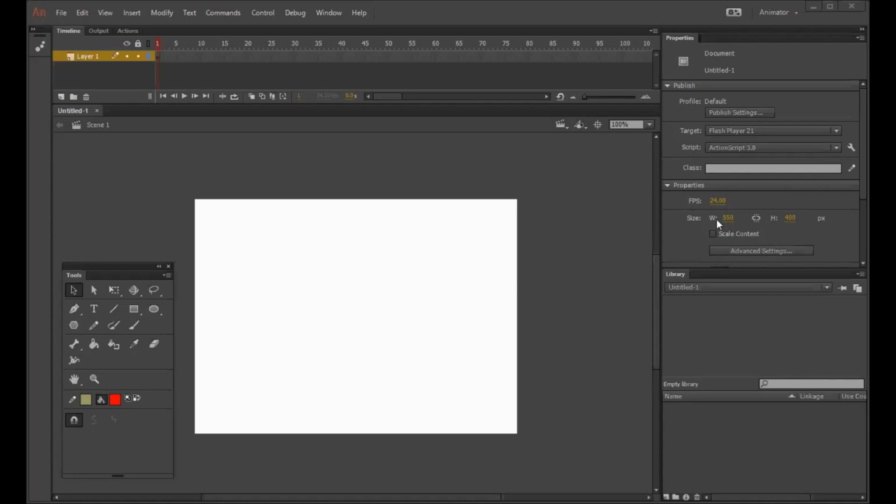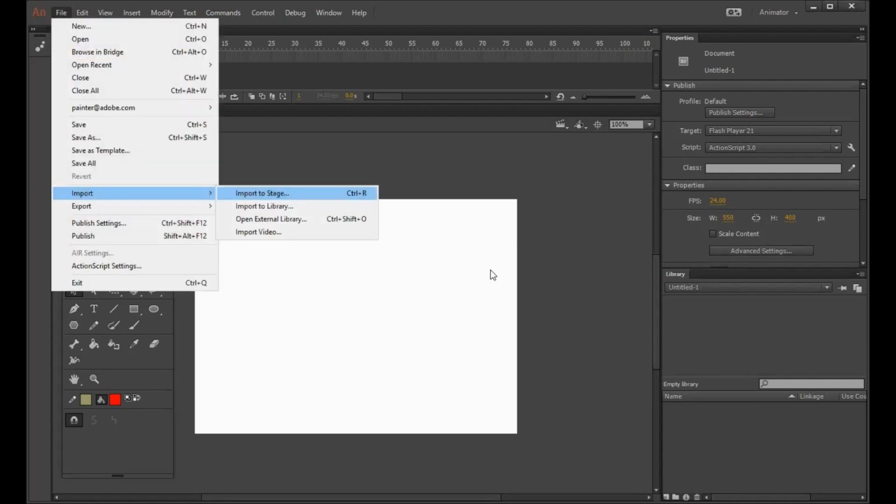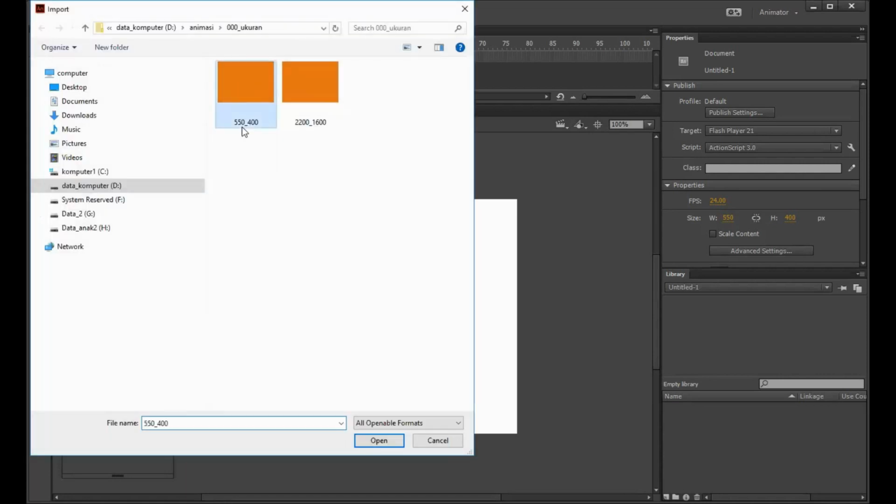But now I want to share Animate. Yeah, we'll share Animate. This, take a look. The default is with 550 pixel and 400 pixel height. Yeah. And then we try to import to stage. Yeah, maybe this.